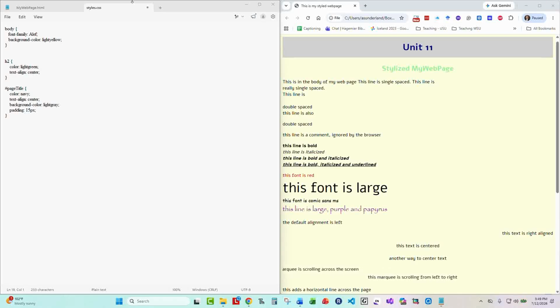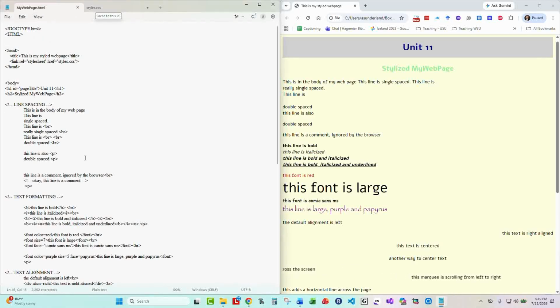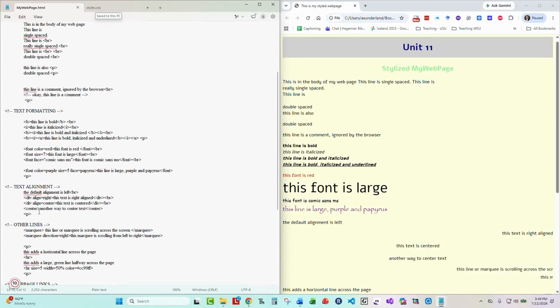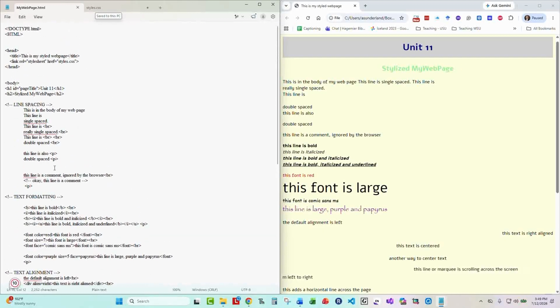So if I look at my web page, I see some kind of defined sections, right? I see a section that we called line spacing and text formatting and text alignment. I see what could be discernible sections. So what I'm going to do is add a class selector to stylize these different